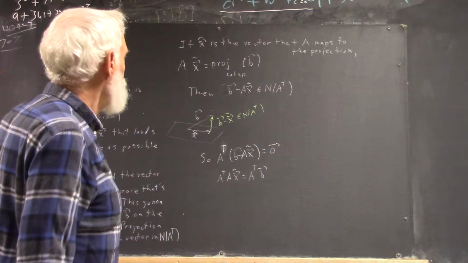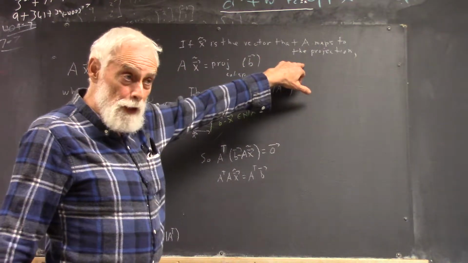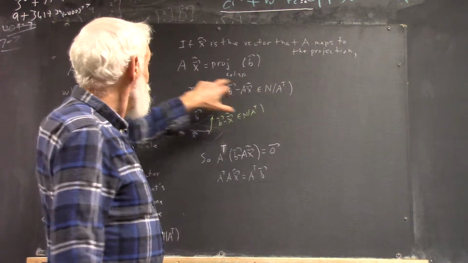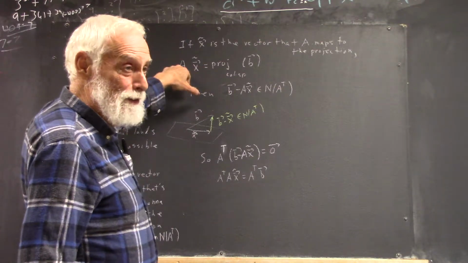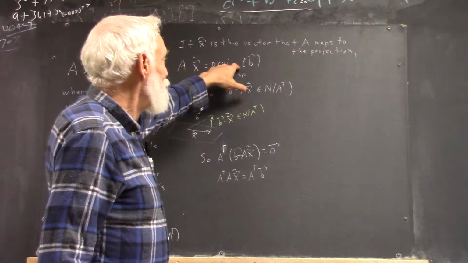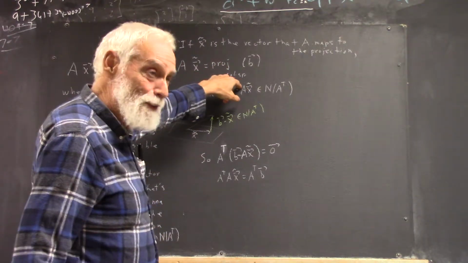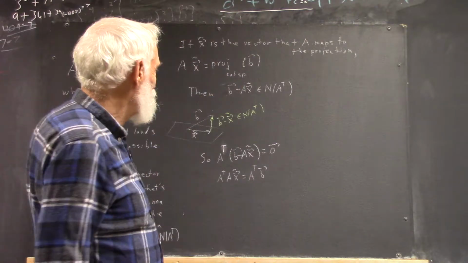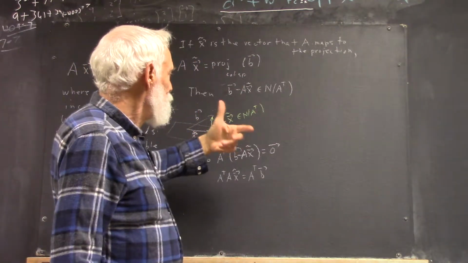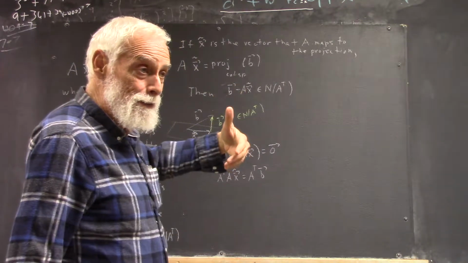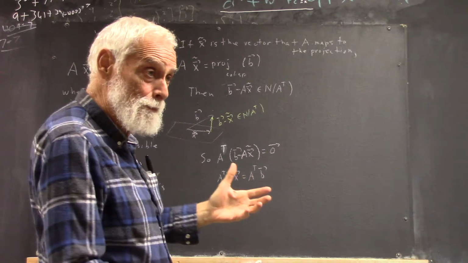We'll precede this by a statement. If x tilde is the vector that A maps to the projection, then we can write this, because this is the projection, and A is mapping it to the projection under the column space. In that case, because of the orthogonality of the null space with the column space, which is easy enough to prove,